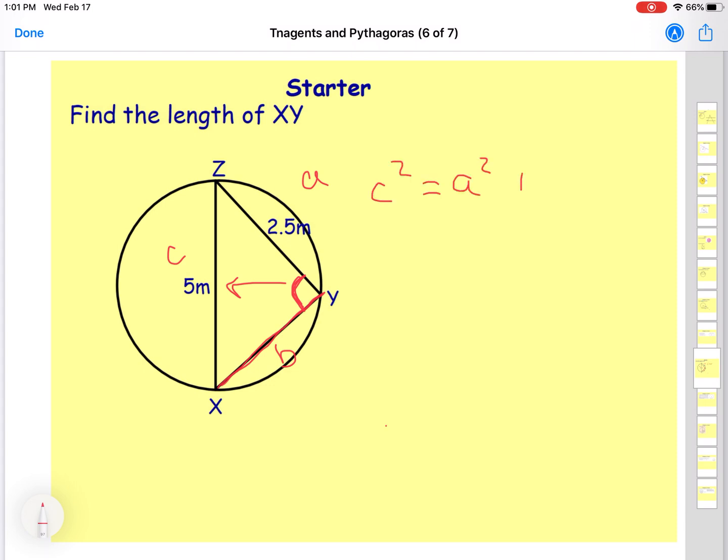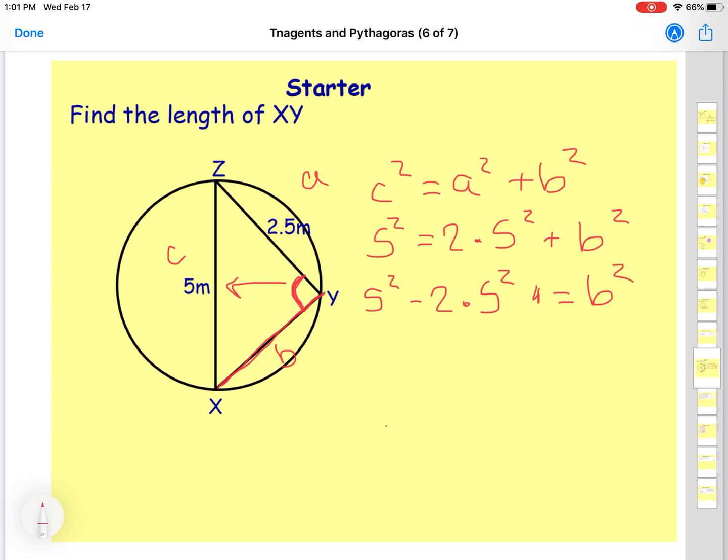We're always using the same formula for Pythagoras' theorem. We then can just rearrange this if we have to find one of the smaller sides. So 5 squared equals 2.5 squared plus b squared. Take away 2.5 squared from the 5. So 5 squared take 2.5 squared, that is equal to b squared. So b squared then, if we just swap around the sides,